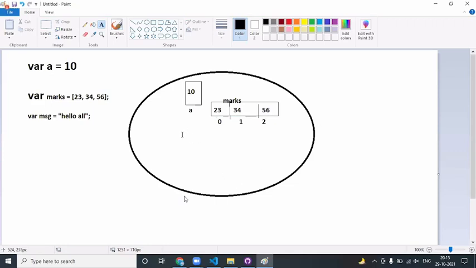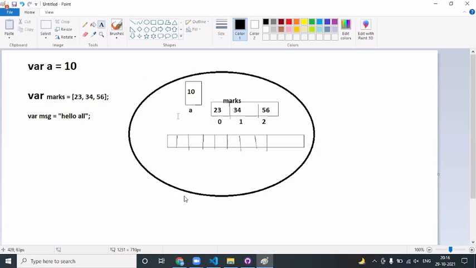Now, how is the memory for this string going to happen? The very first thing you need to understand is that whenever we give an array or a string, internally it is going to allocate the memory like an array. Whenever you say hello all, a continuous block of memory will be allocated where each individual character will be stored within each individual box.